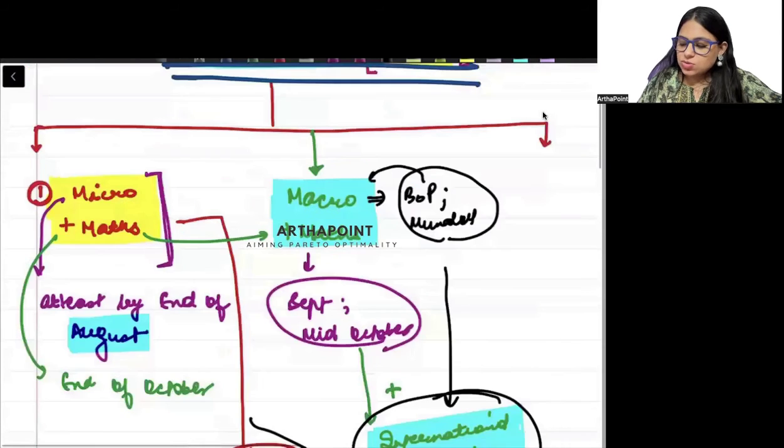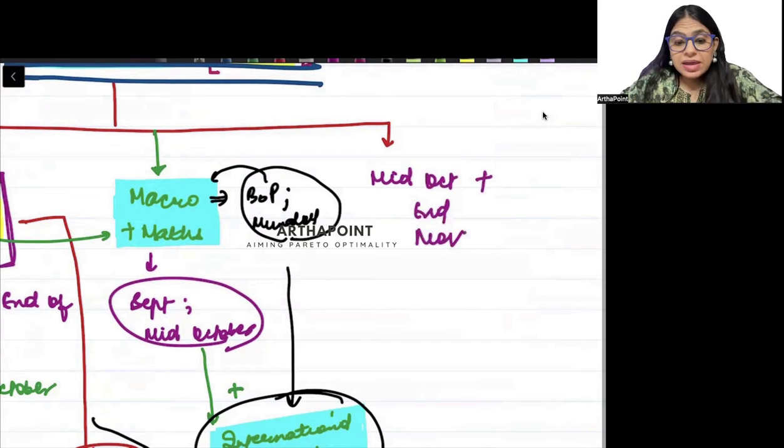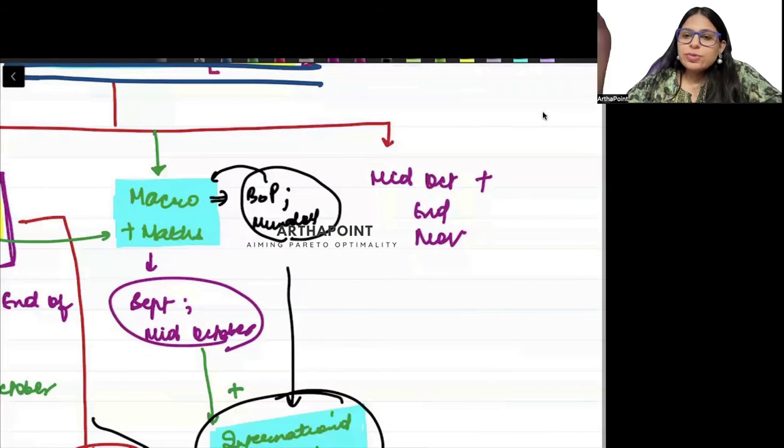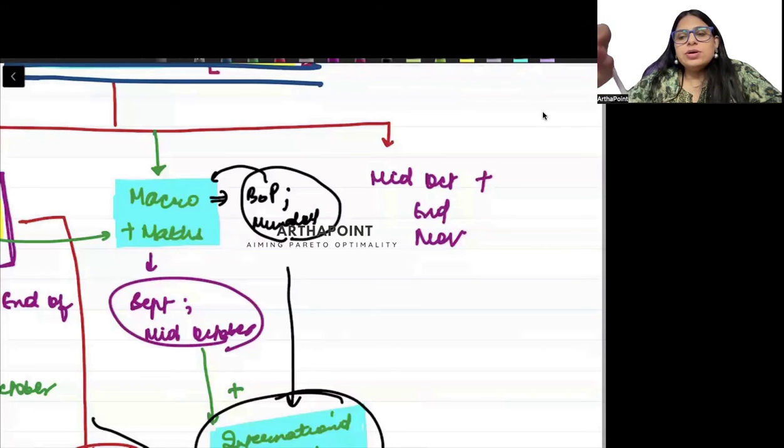Then what we will go ahead and do is, in the mid of October till the end of November, maybe I can finish it early also, because I am thinking to give you enough time and I am thinking to take classes on weekends also. So we may cover the course by, it is my aim to finish it by the end of October or first week of November, so that you have enough time for revision. So maybe I will do it by end of October or first week of November also. Just for safer side, I am writing end of November.